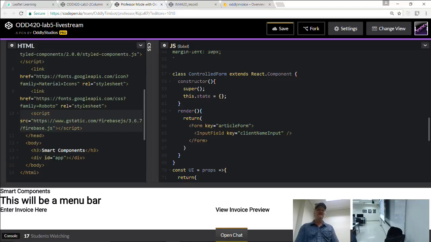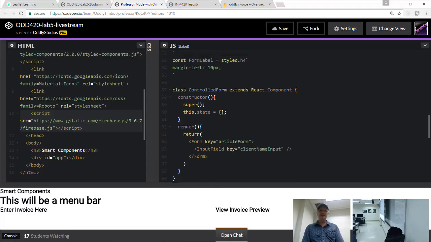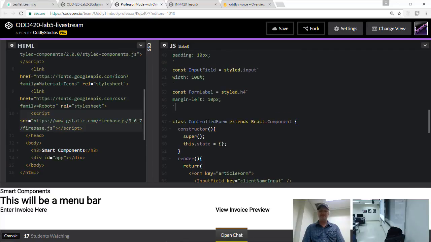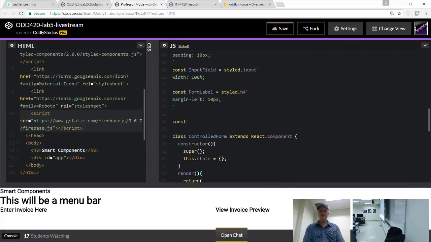So this is going to be a single line input, but I'm thinking I also want to be able to describe this project that I'm building them for. So for something like that, you probably want to use a text area rather than just a single input. So let's make one of those for ourselves. So I'll go text area field equals styled text area.